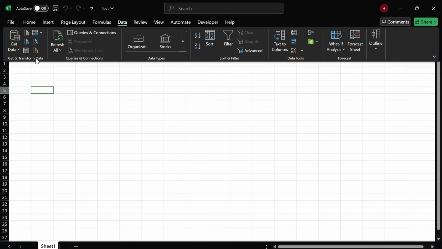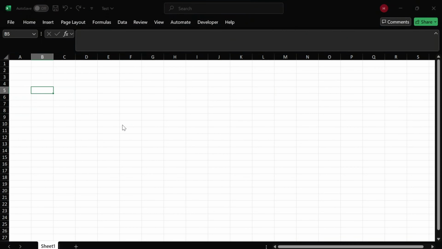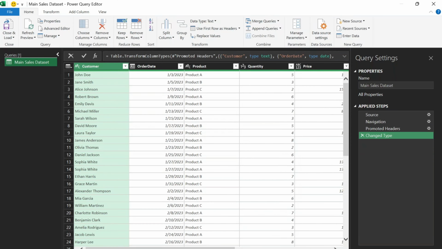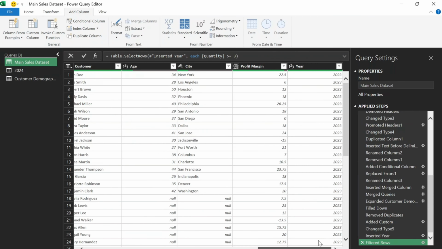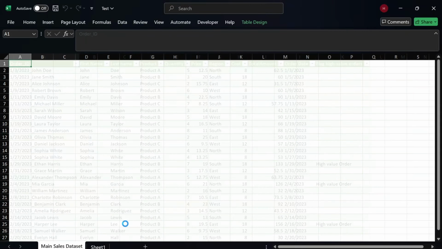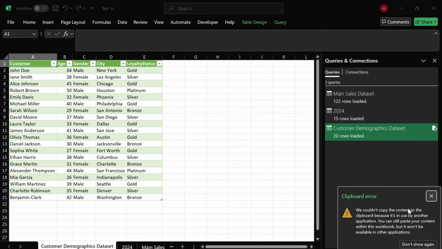Hello everyone and welcome to this in-depth Power Query tutorial. If you are new to Power Query, here is a quick overview. Power Query is a built-in data transformation tool in Excel and Power BI that lets you extract data from multiple sources, clean and reshape it, and then load it back into your spreadsheet or report, all without touching your original files. In this video, we will begin by importing our main sales datasets and updating Excel file available in GitHub,